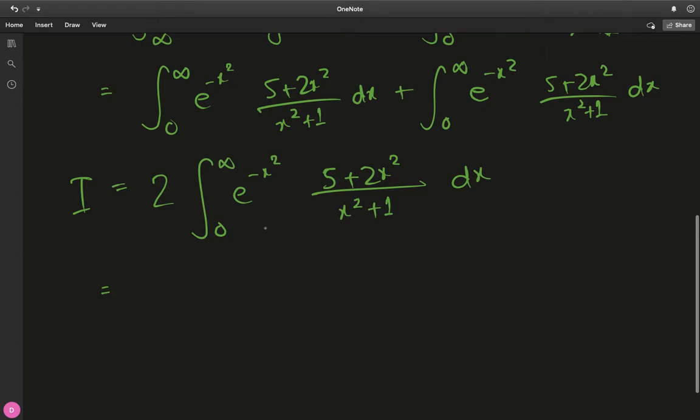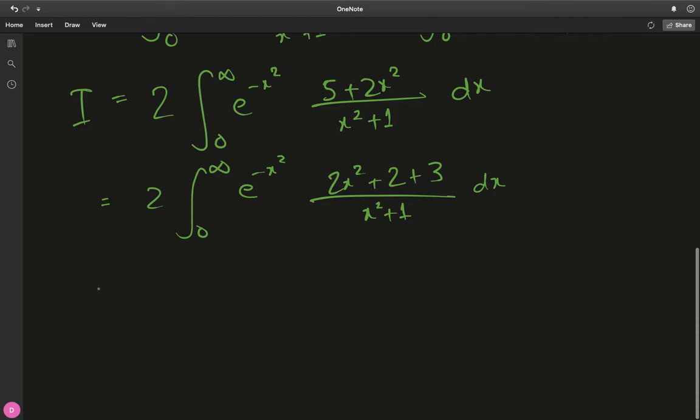Now I would like to actually rewrite this as the integral from 0 to infinity of e raised to minus x squared times (2x squared, and then I want to write 5 as 2 plus 3) divided by (x squared plus 1) dx. And you'll see in a minute why, because now I want to split these integrals as 2 times the integral from 0 to infinity of e raised to minus x squared times (2x squared plus 2) divided by (x squared plus 1) dx